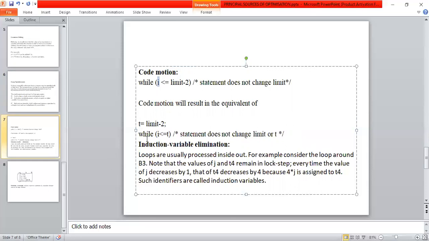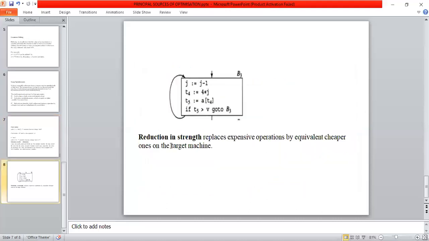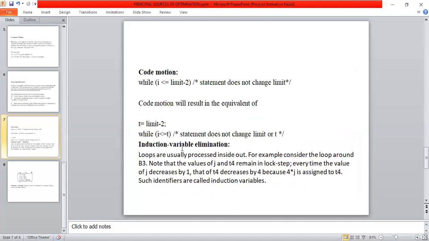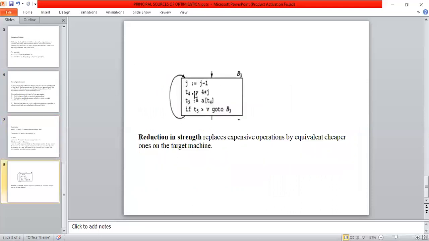The next technique in loop optimization is induction variable elimination. So what is this? Okay, I'll give an example. Here I have j is equal to j minus 1 and t4 is equal to 4 into j. t5 is equal to a of t4. If t5 is greater than v, go to B3. So this loop is repeated.